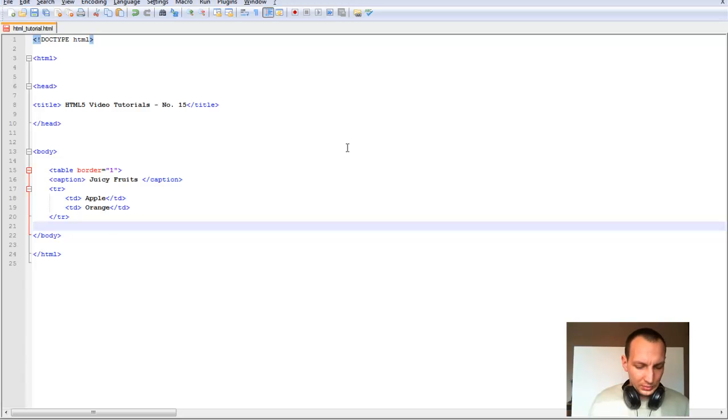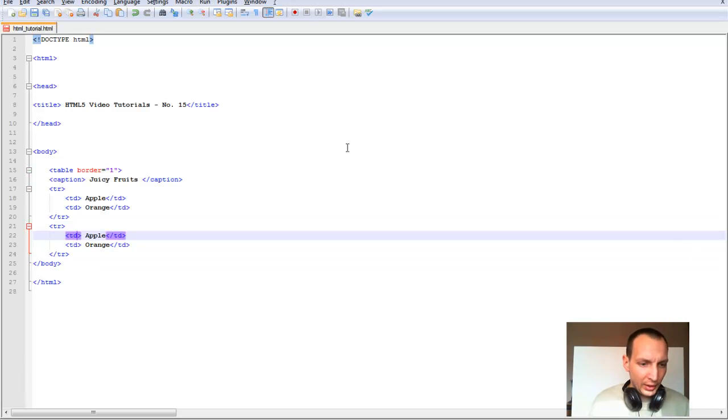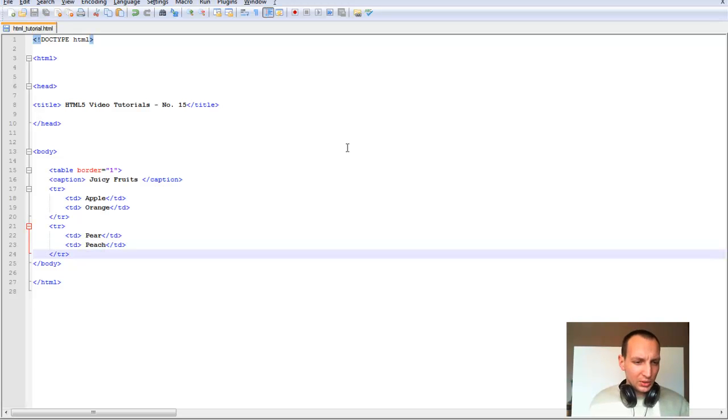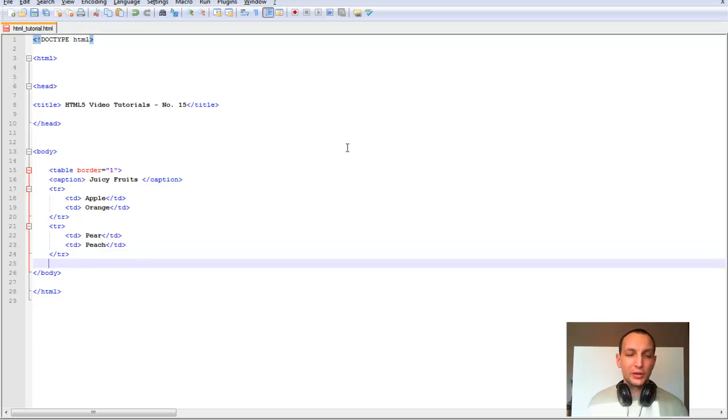Let's go ahead and copy the entire row, paste it in to have the second one, and let's put pear and peach as the second values in the second line. And now guys, one more thing that I want to